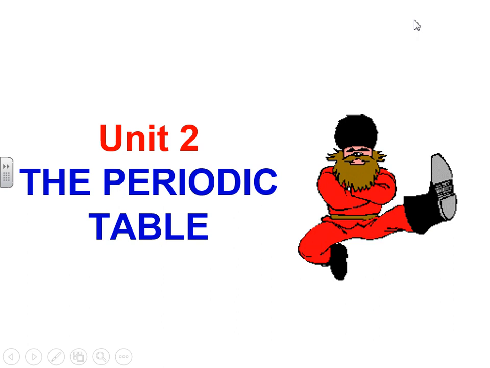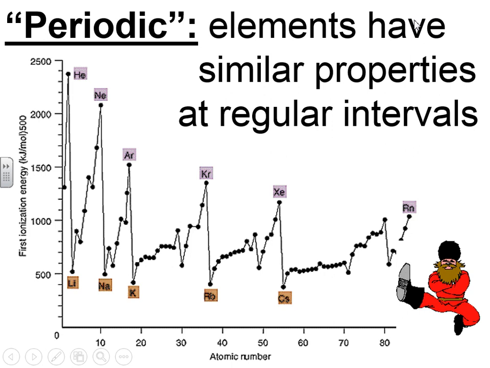This is Unit 2, Video 1, and in this unit we will talk all about the periodic table, the central document of chemistry. And here you have a dancing Russian to help us celebrate, and we'll give you a lot of information about the periodic table. Some of it you have to memorize, some of it is just for your infotainment.